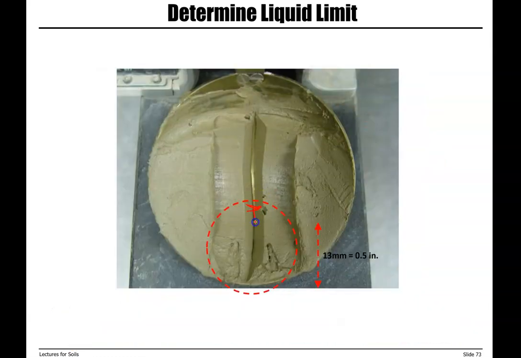So this is a clear 13 millimeter visible closure, or half-inch closure. That's when you stop and you write down n, or number of drops.